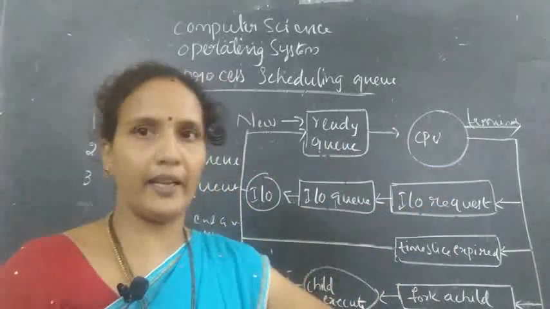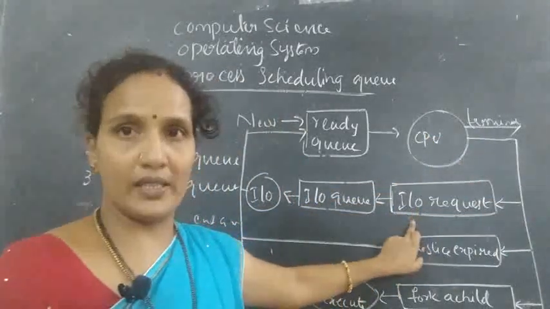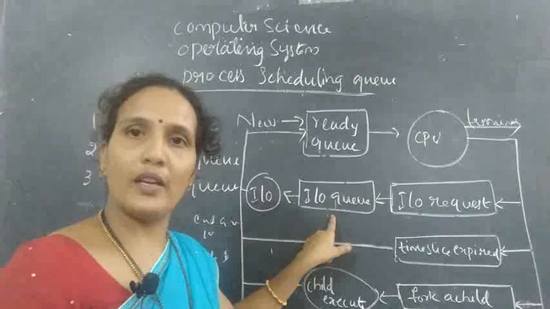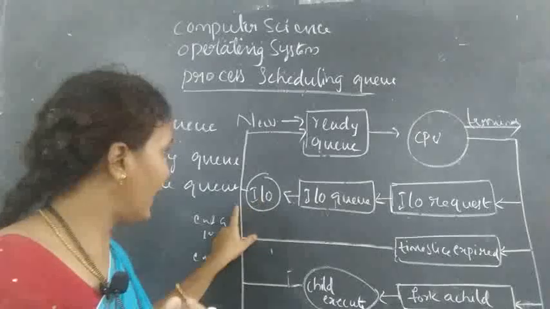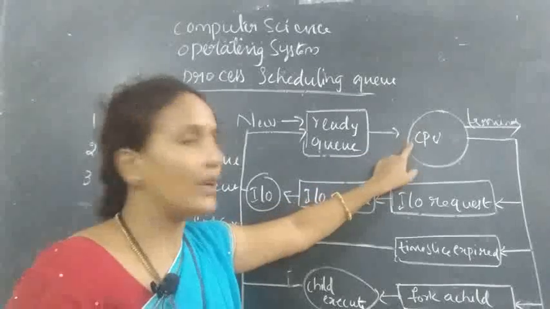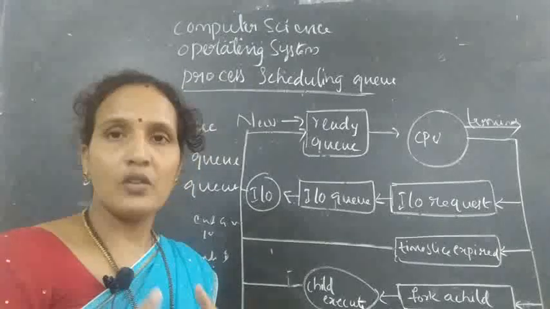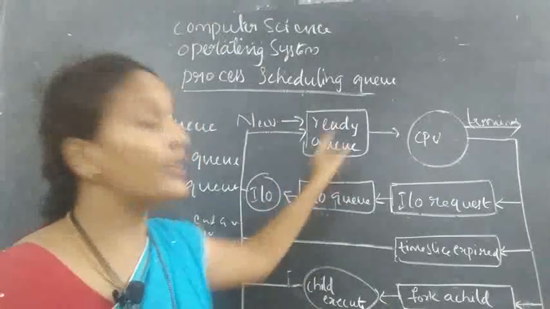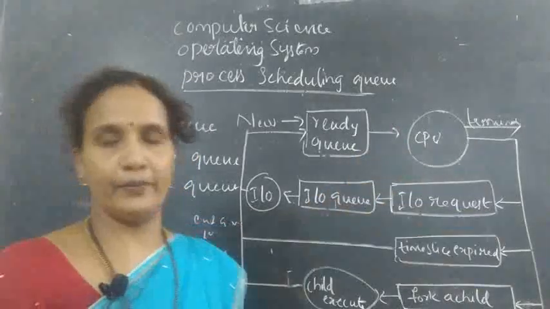Actually it is called suspending. It is moving from the running state to the input and output request. That's the state, and this is actually called a queue. So when it receives the input value from a user, again it is moved to the ready state. Because meanwhile, when it moved from running to the input and output request, what happened? The CPU should not be idle. The scheduler will load another program. When this process enters the CPU again, that one should be released and this one loaded.